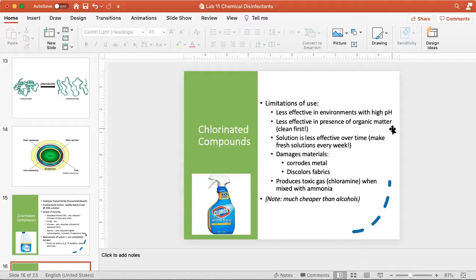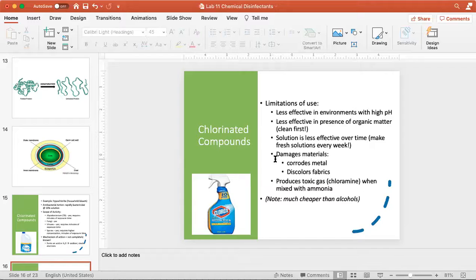We know that bleach solutions don't last very long either. So if I'm going to use bleach as a disinfectant, I have to make up a fresh 10% solution once a week, because when you dilute bleach to 10%, over time it's going to degrade in your bottle. So you've got to make it fresh. You don't have to do that with alcohol. You don't have to make your alcohol solutions up every week. You can keep using the same one.